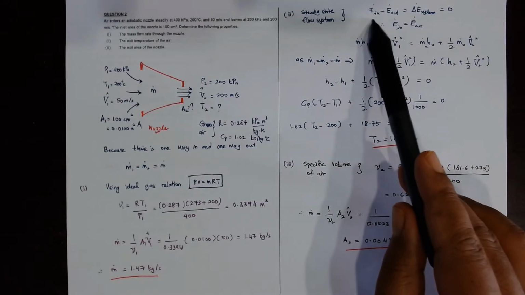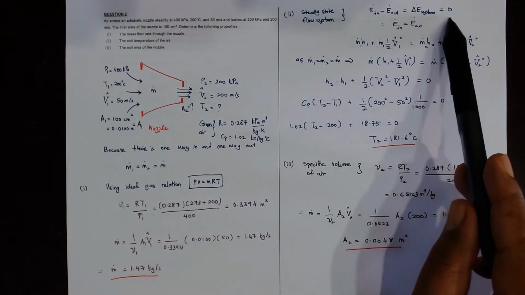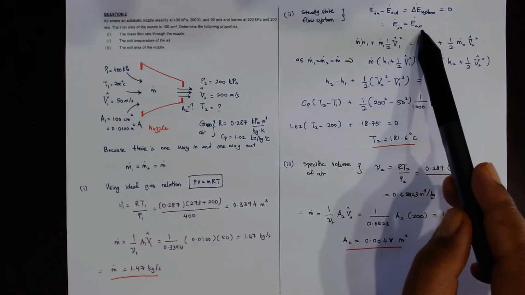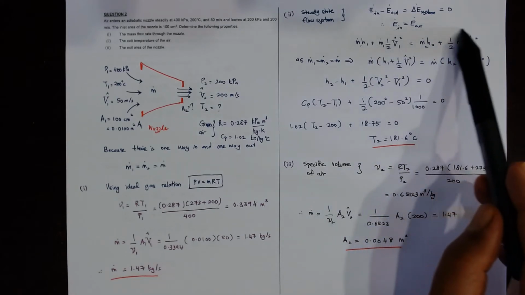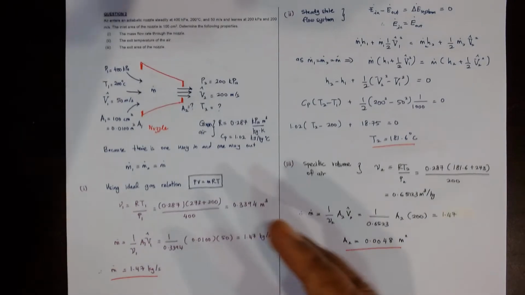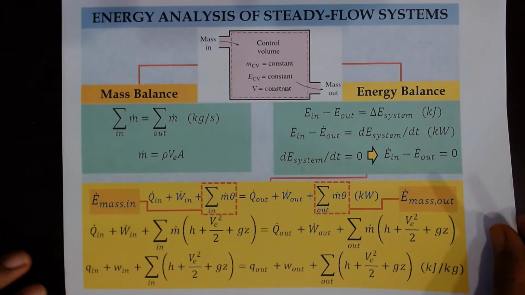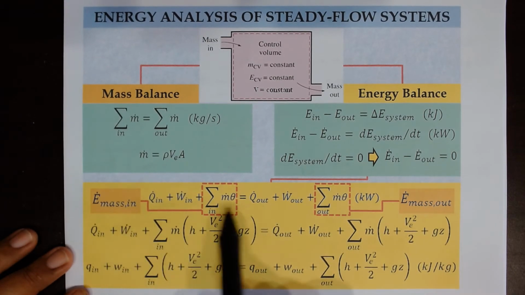Because energy in minus energy out is the total energy of the system, which is equivalent to 0, then E in is equivalent to E out. You might be wondering, how do we get this equation? Previously, in the lecture notes, if we refer back to the theory, what is E in? E in is this one,